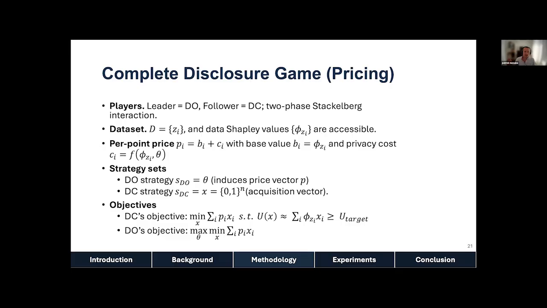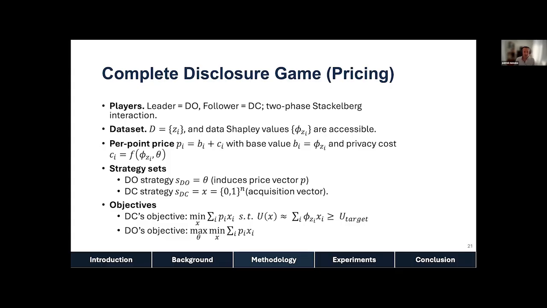And here, contrary to what I explained earlier, we wanted to see if we can have that kind of pricing mechanism. Unfortunately, we don't have a demand function. So what we assume is that both would assume the same machine learning model, in our case a k-nearest neighbor model. And also, we assume that they both have access to all the data Shapley values, so we assume that we already computed the data Shapley values.